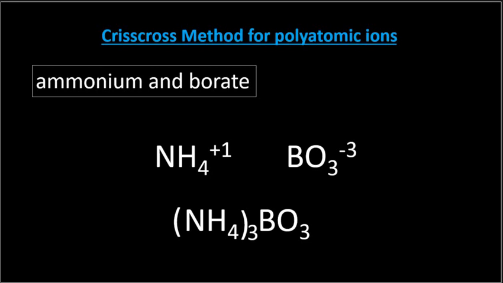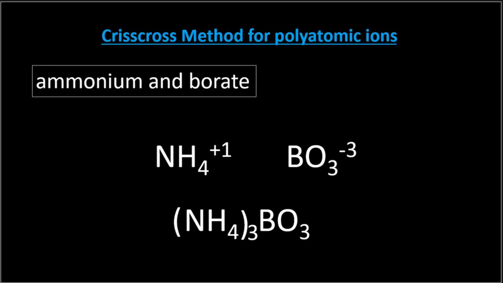So that actually means you have 3 ammonium ions in this, just like you have 3 oxygens. So you would have 3 nitrogens, 12 hydrogens, 1 boron, and 3 oxygens. Okay, you have a worksheet to do where you're going to be using the crisscross method